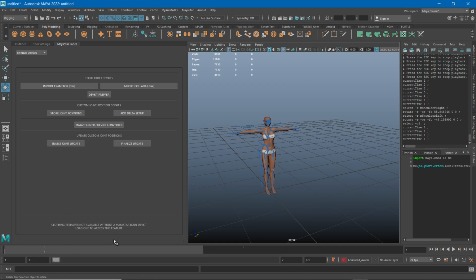All right, down here instead we have a section that is available only when a MayaStar body is in the scene. So right now this is a default avatar, so it's not available here, but we will cover this feature in the next videos. So basically the clothing reshaper actually lets you transfer the clothing from a body to another body pretty much automatically,